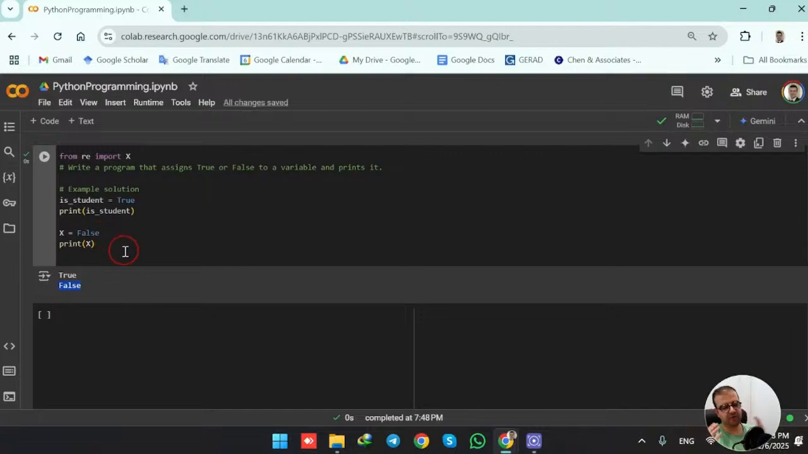We see how we can declare and initialize a variable and assign true or false to it and print its value in the terminal in the output. This is how we can start working with